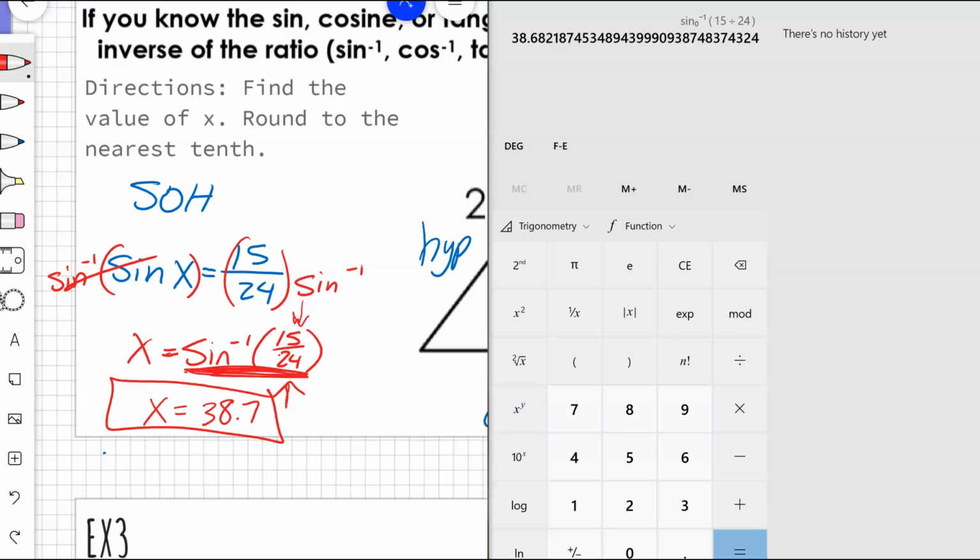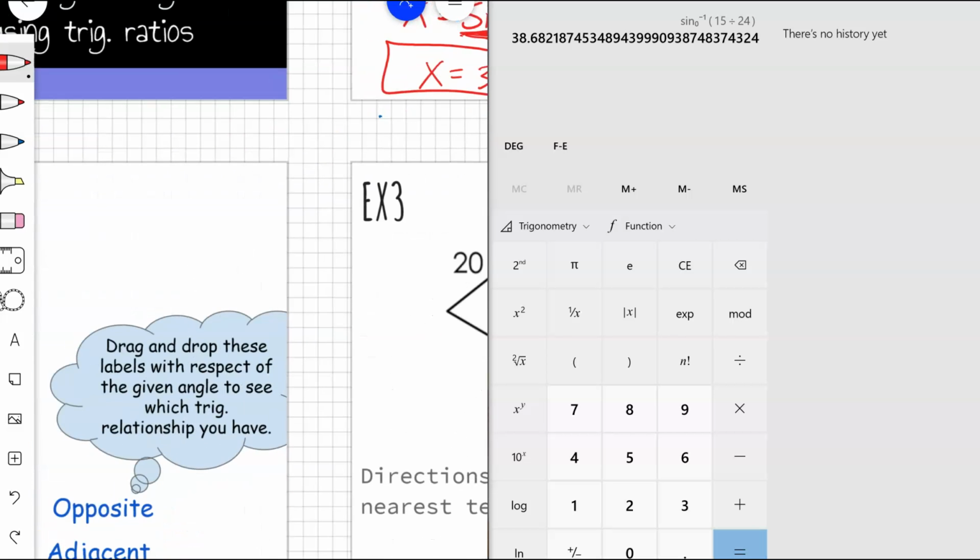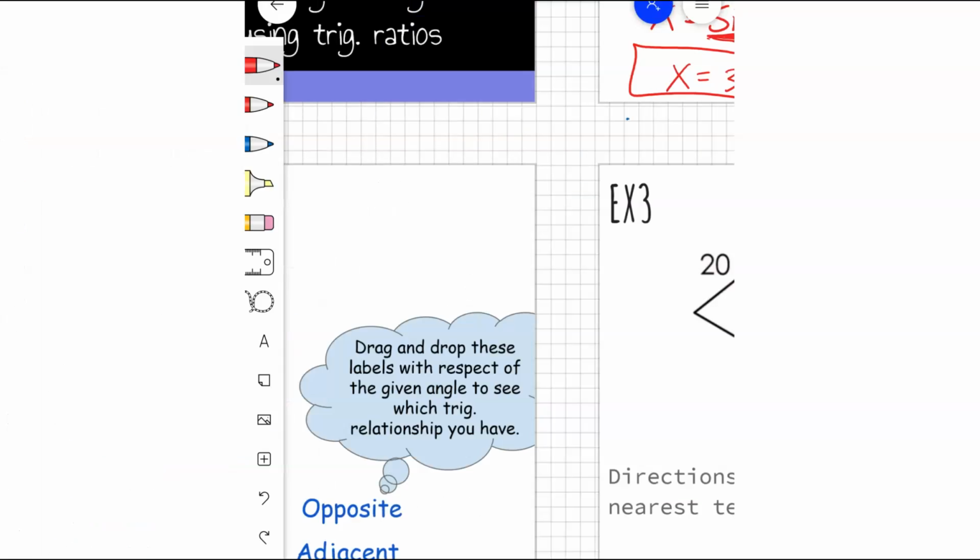So please make sure you know how to use your calculator, whether it be on your smartphone, a calculator that you have at home, which I hope you're using, or the calculator on the computer. If you cannot find a calculator, you're on a computer right now, so go to Google and see if you can find a scientific calculator there. There are free ones online, I bet you. And if not, you can troubleshoot with Mr. Bull or Miss Young, and they can definitely help you out, but do not sit there and say you don't have a calculator. All right, so let's go ahead and move on and take a look at,